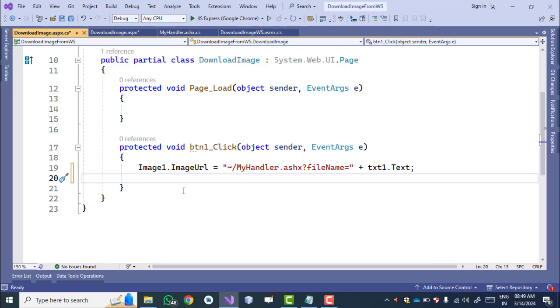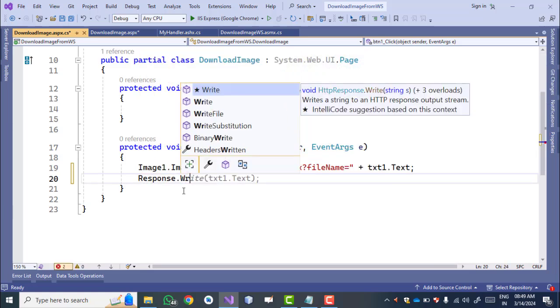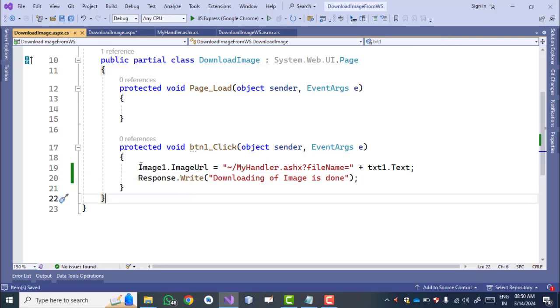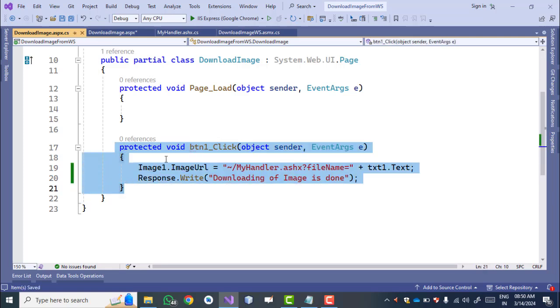And now हम लोग एक मैसेज प्रिंट कर देंगे, response dot write, downloading of image is done, or we are directly displaying the image on image view. So this is a simple code in .aspx file.